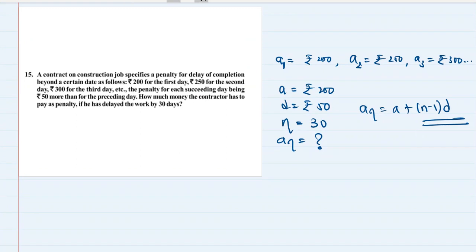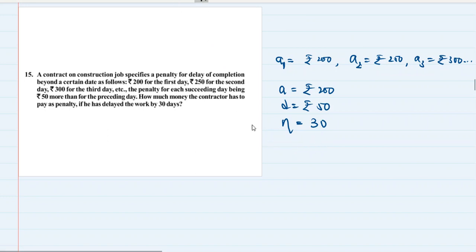Here, you have to add all the penalties. So it's not the nth term which you have to find. You have to find the sum of n terms, because you have to add all the penalties. Total penalty you have to find, not the penalty of the 30th day, but the total penalty of 30 days altogether. So sum of n terms is equal to n by 2